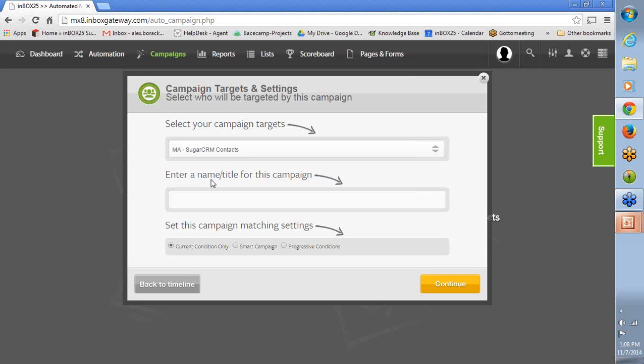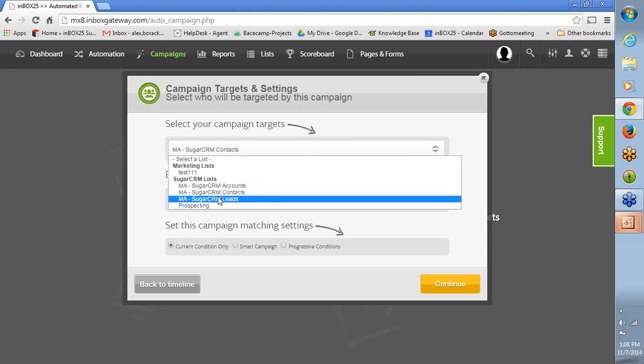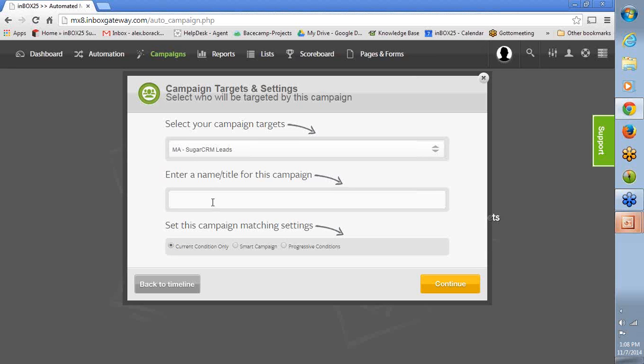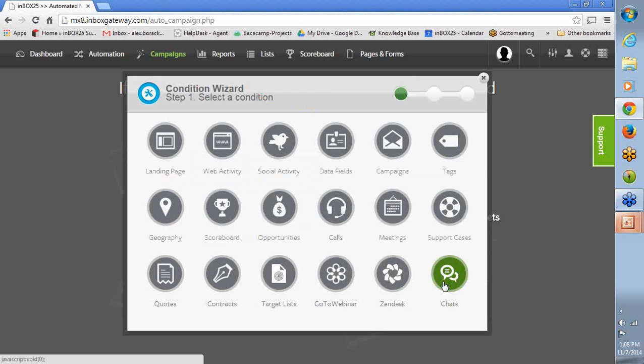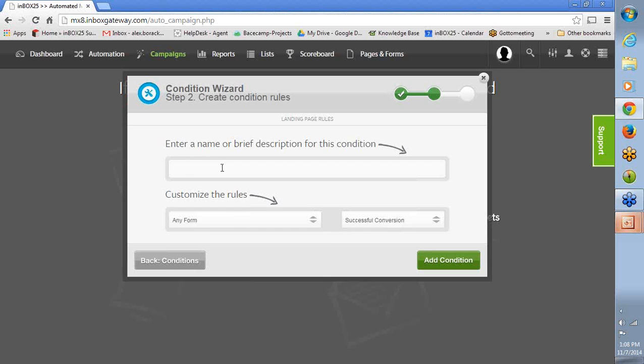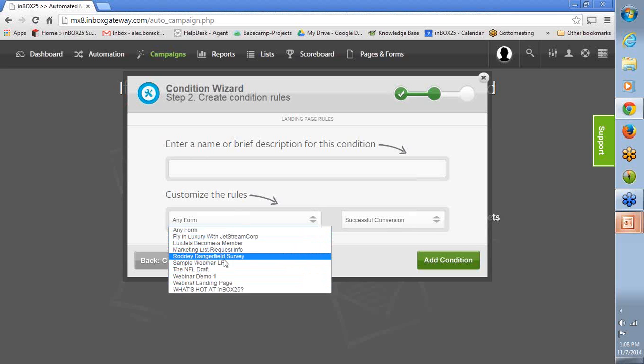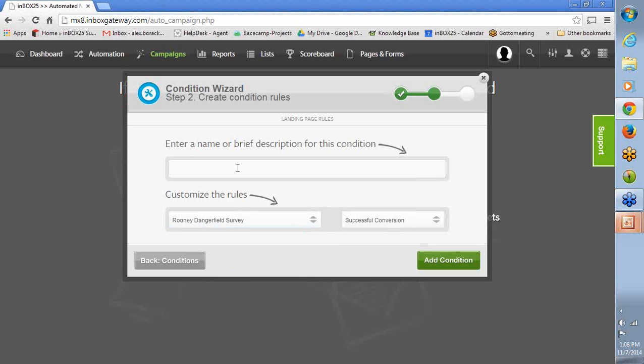Let's do another one where if lead converts on landing page, convert record. Now, this is going to be an interesting workflow because it's going to have a lot going on in the Sugar CRM. So for this example, if let's say the Rodney Dangerfield survey was a successful conversion,